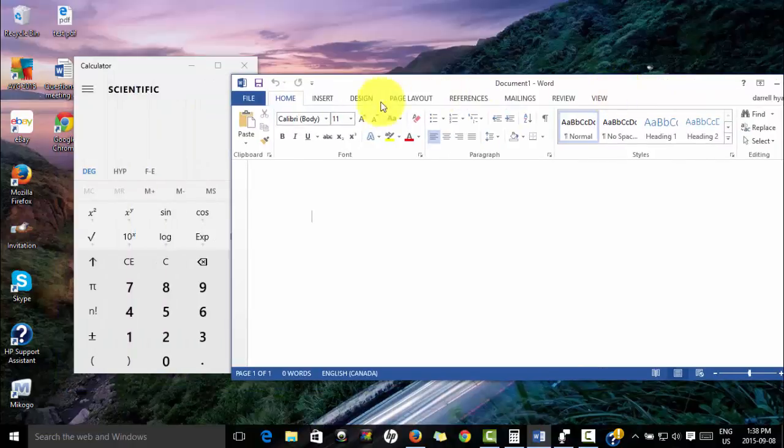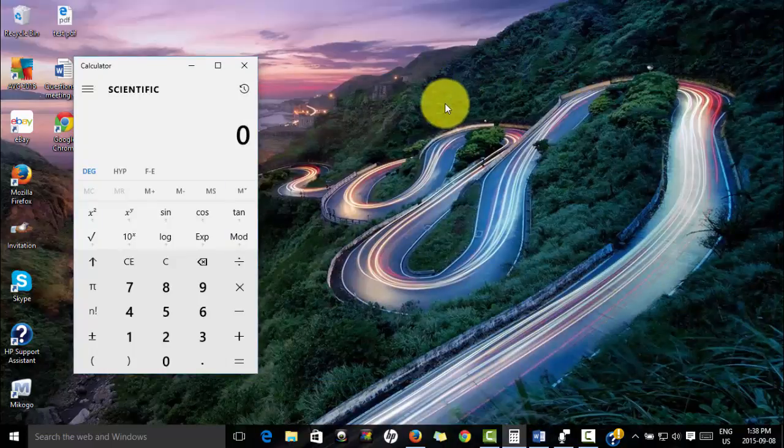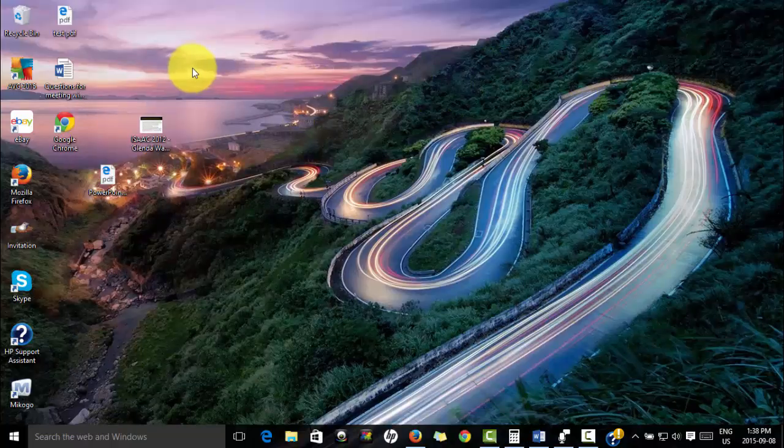and then I can move them around and make them whatever size is appropriate. But now in Windows 10, there's a much nicer way of